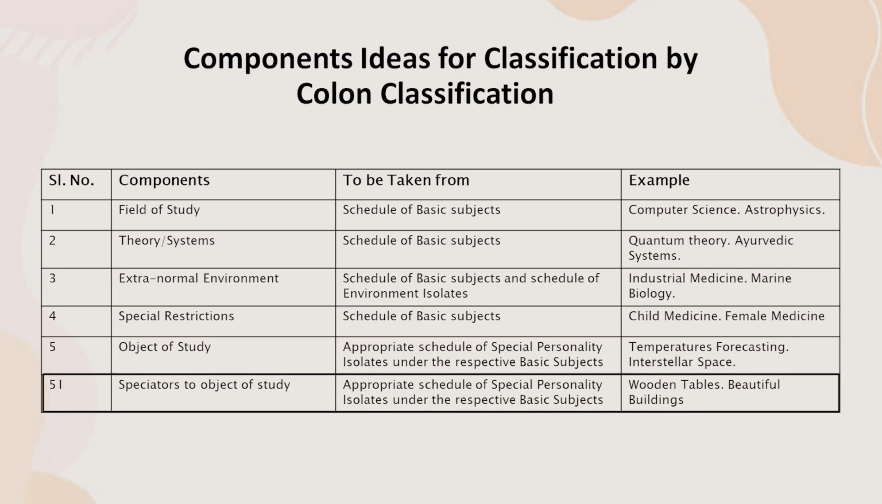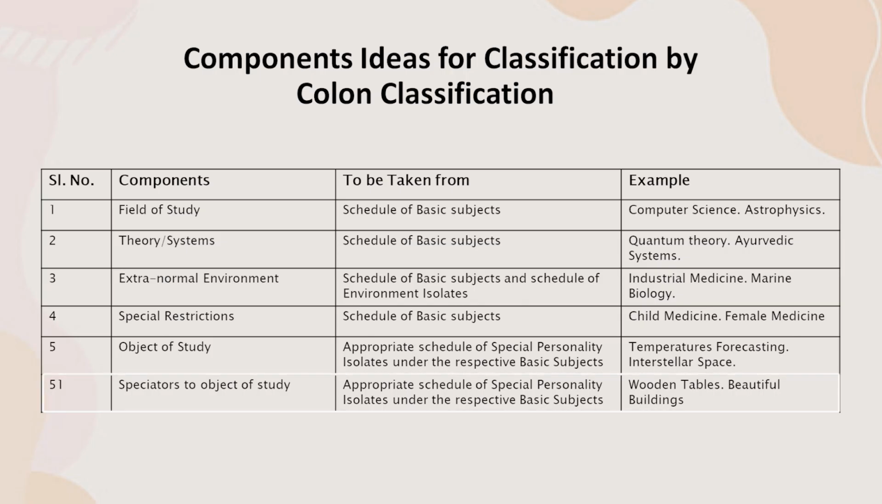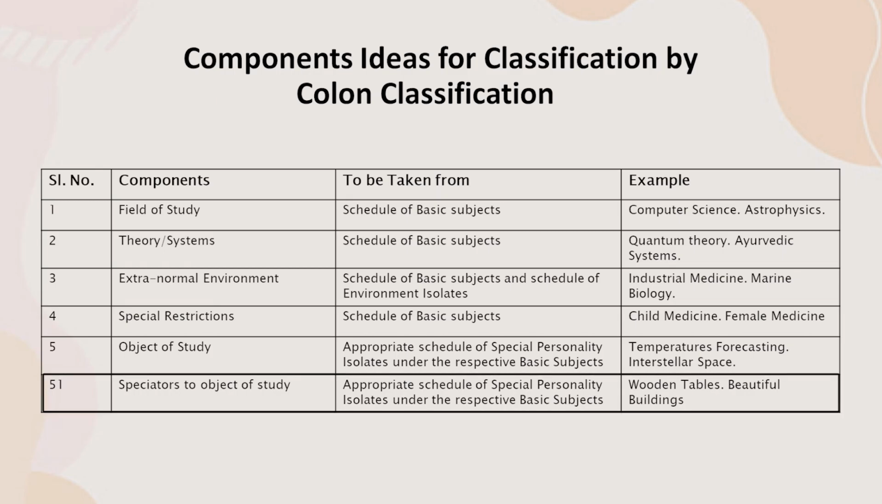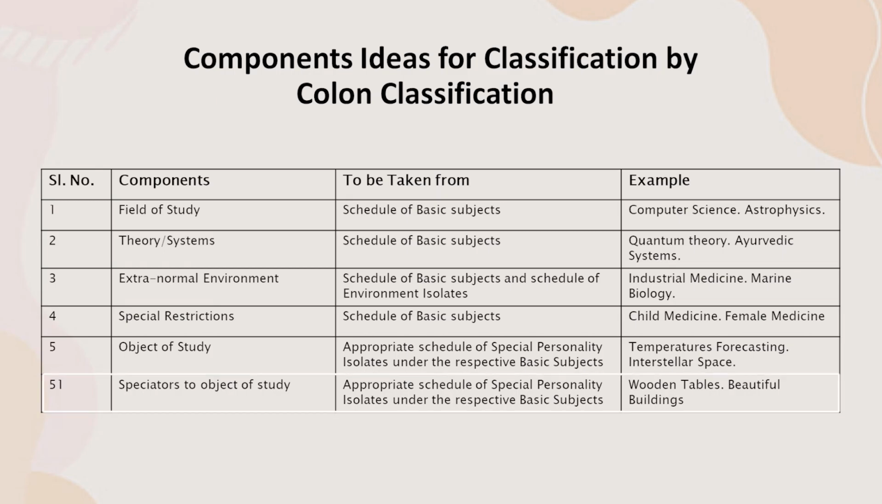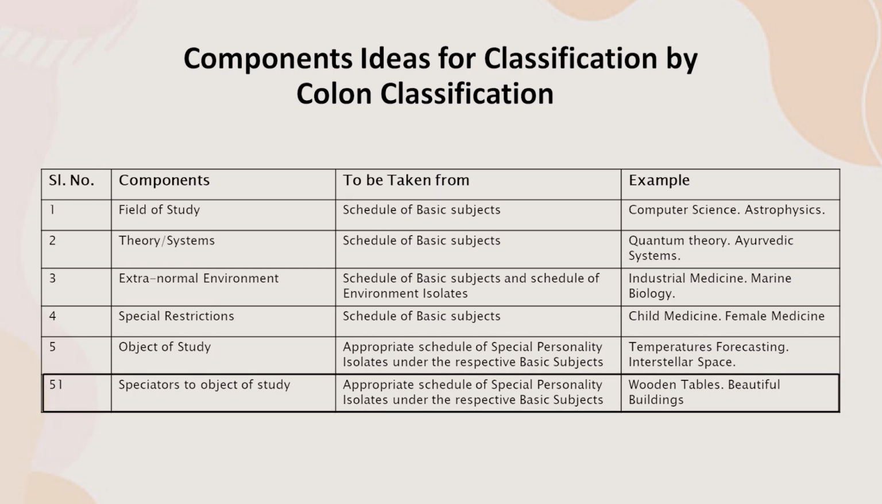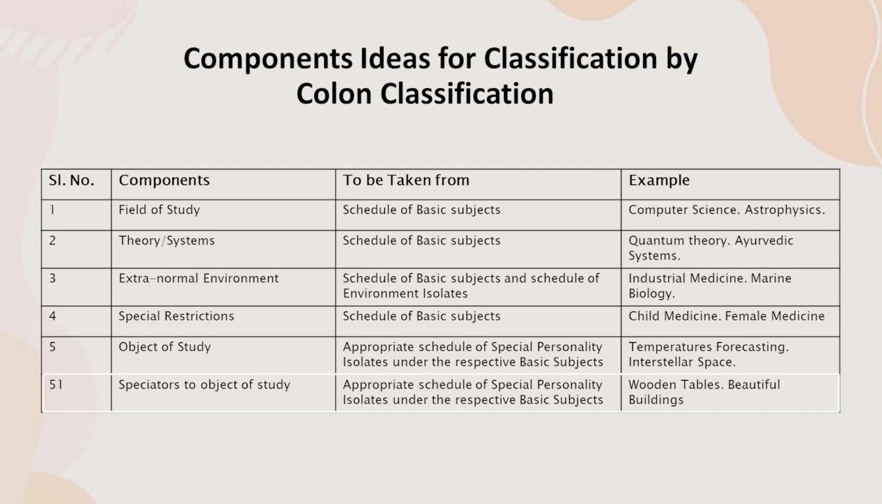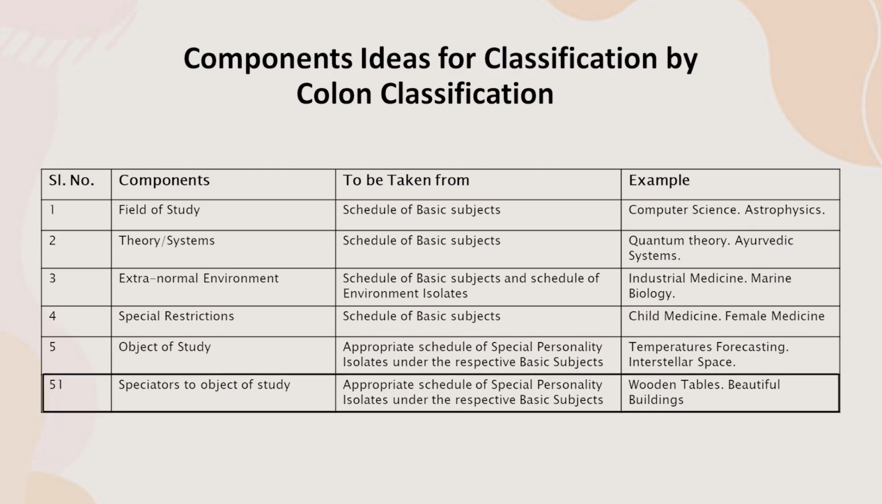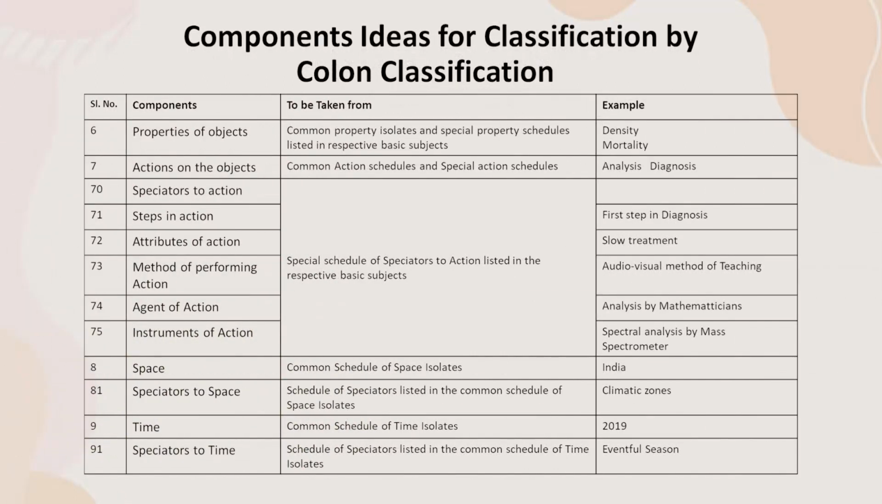Again, if a speciator to an object of study is considered as a component, then the appropriate schedule of special personality isolates under the respective basic subjects are to be consulted, such as wooden tables, beautiful buildings. In case of the properties of any object, we have to consult common property isolates and special property isolates listed in the respective basic subjects, and examples may be cited here as